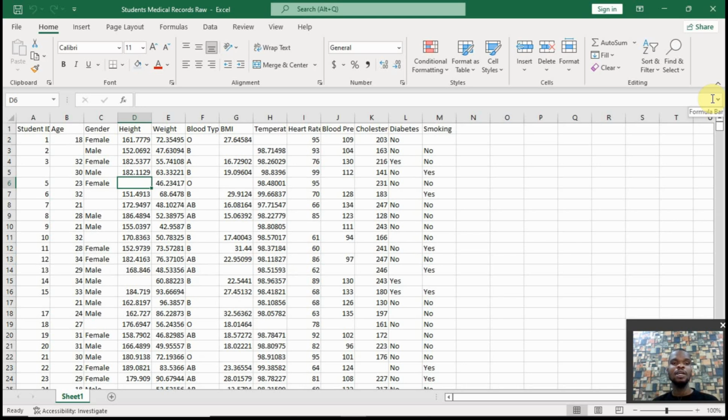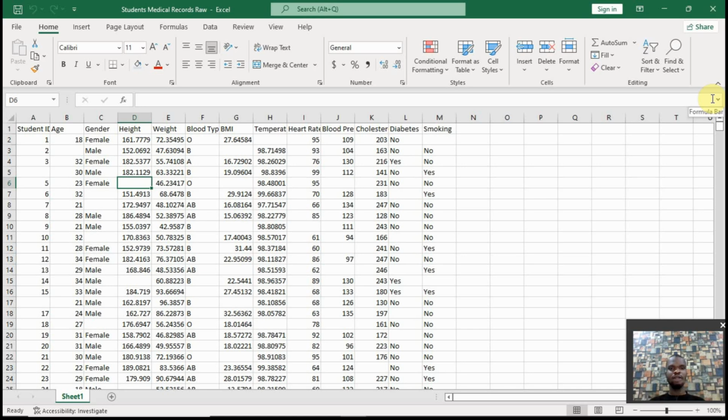Hello, welcome. I want to do a simple tutorial on data cleaning in data analytics for absolute beginners. So if you're new to data analytics or there are certain things you are still not clear about in data cleaning in data analytics, then this tutorial is for you. We'll try to make it as brief as possible, precise,